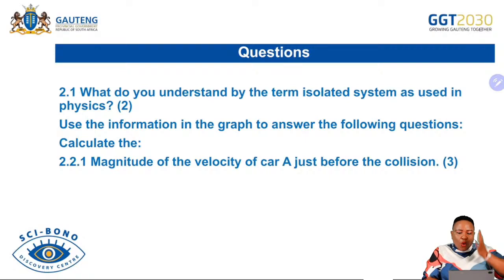We also need to know that the system we are dealing with is an isolated system. They ask, what do you understand by the term isolated system, which is one of the terms that you must understand as you explain those principles in physical science, because you cannot keep on saying the system is isolated. We know that if the system is isolated, it means there are no external factors affecting the system, depending on the context you are referring to.